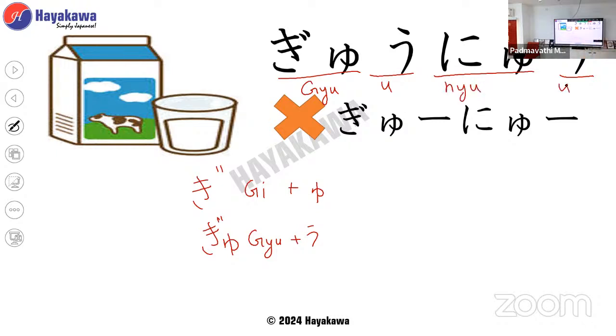Gyu new. So it is a 4-letter word. This is actually one letter, like one sound. The space is left because of the font style. It's written in large size, so in that case it is good. But when we write it, we don't leave that much space, right? So that is one sound, gyu. Similarly, this is also one sound, which is new. Gyu new will be milk, right?